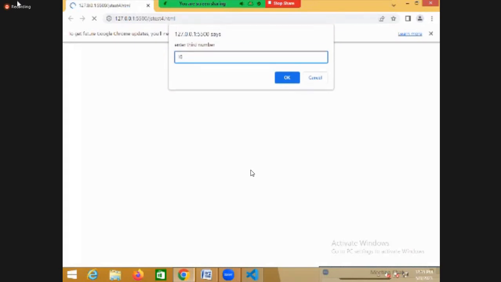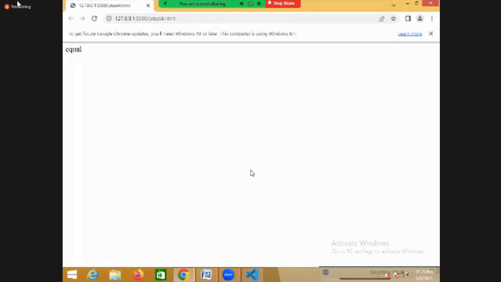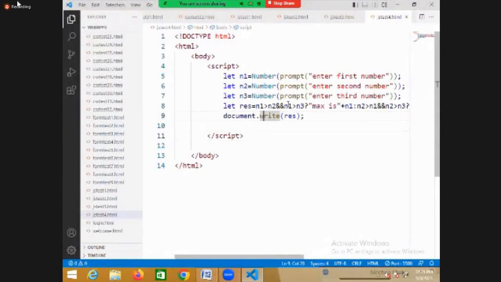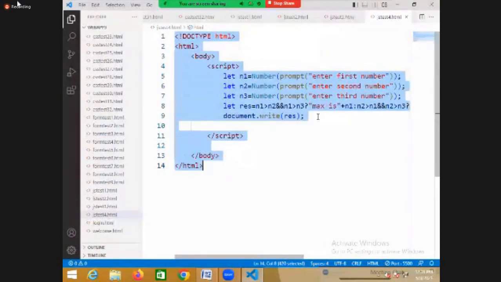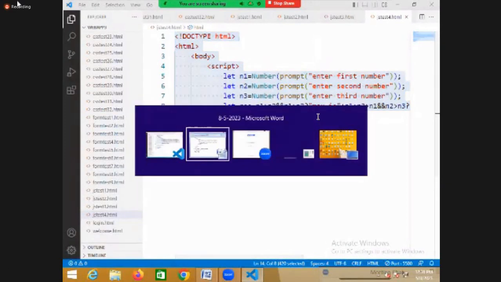How many maximums are there? Two are there. Then what result is displayed? Equal. Why? Because we are not checking greater than or equal to, you are checking only greater than. So just try to understand how to use more than one